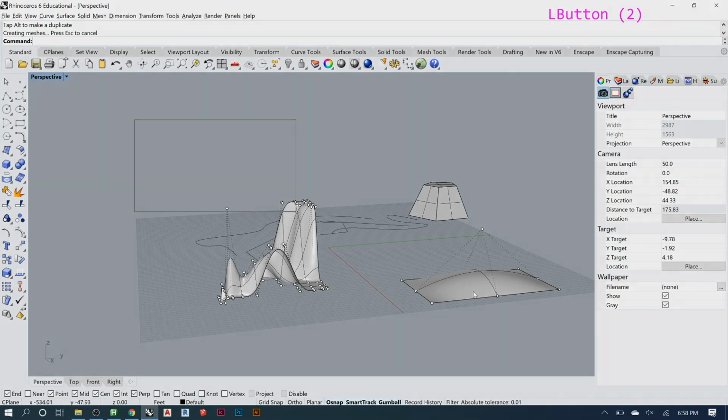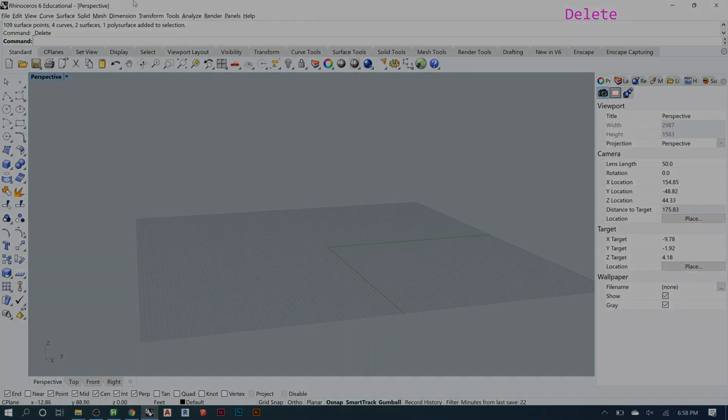So now all this stuff, we can just get rid of it. And if you open up